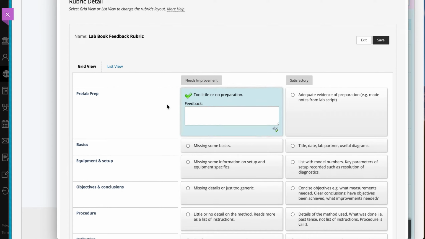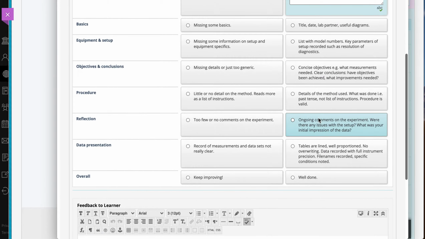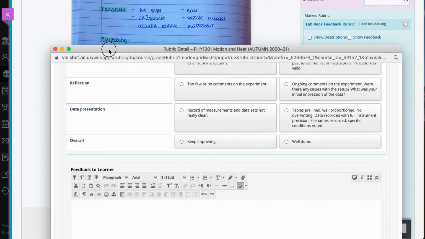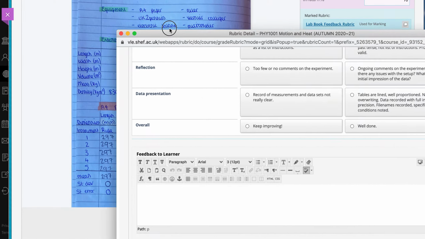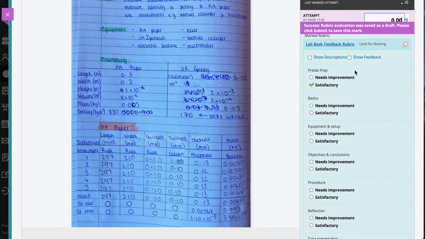I'm less inclined to do that because, again, that puts feedback in too many places, which the students may or may not look. So we may try to collate our feedback, so it's all in one place. Okay, so if you've got a big monitor, of course, you can keep this window and you can then enter in and then save the final part. Otherwise, you've got to use this